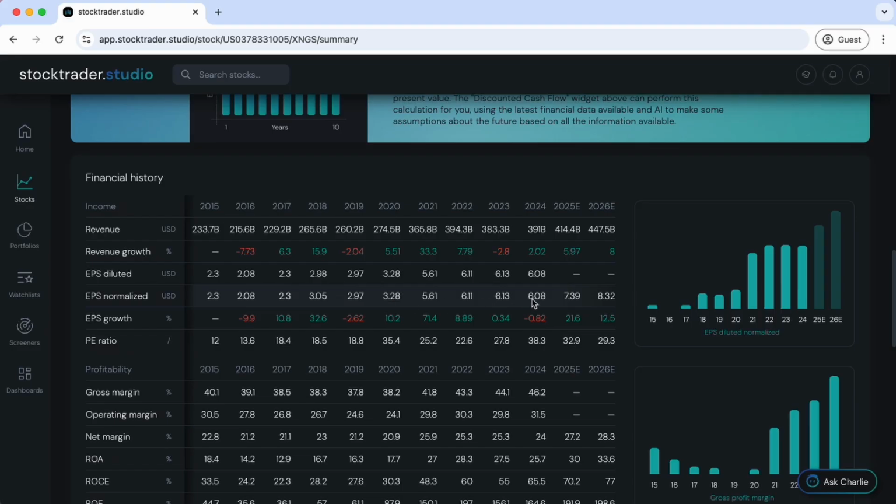By hovering on the EPS normalized row, the bar chart on the right will show you a time series over the past 10 years with 2 years of future estimates. You'll notice here that between 2022 and 2024, the earnings stay completely flat, but are expected to increase considerably over the next 2 years. Now, if you want to know exactly why Apple's growth has stalled in recent years, we